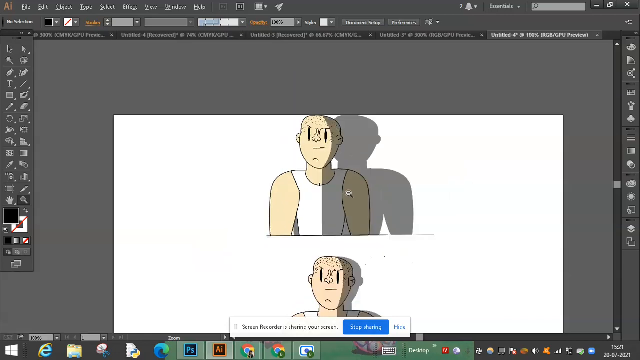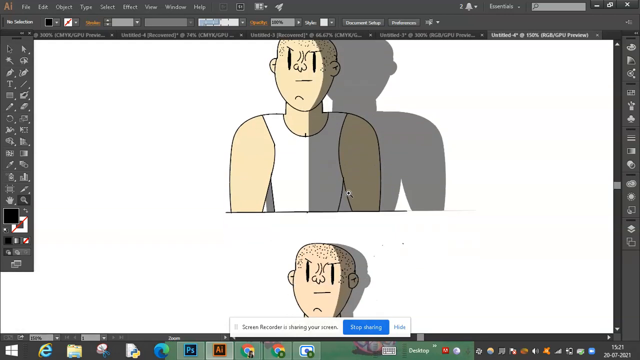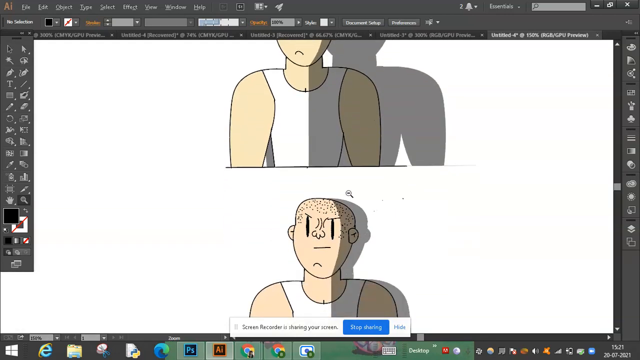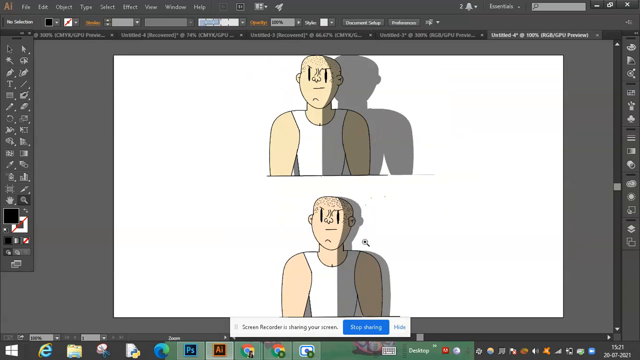So this is how I made the shadow effect. I don't know if there is an easier way. This is just the one I tried, and yeah,